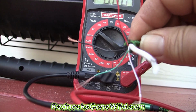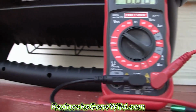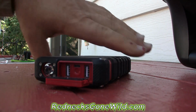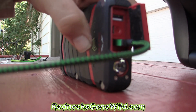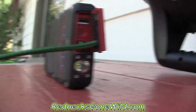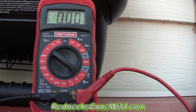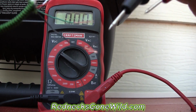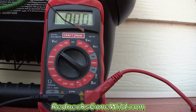I'll be right back. Now, making sure that I have all of my wires separated, you don't want any of them touching, I'm going to go ahead and plug my USB end over here into my power supply. I'm going to go ahead and turn it on. Now I'm going to use my probes from my meter to find positive and negative, which I suspect positive will be red. If I can hold these right, you got to kind of hold them like chopsticks. If you can get these held just right in your hand,